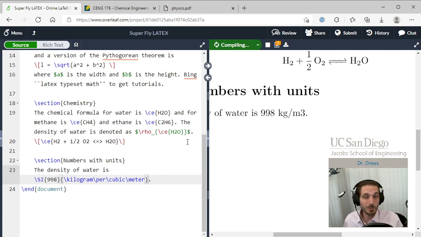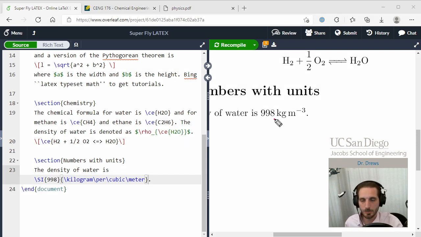Right? That's pretty human readable. It's pretty obvious if it doesn't show up the way that I want. I must have messed up with like kilogram or per cubic meter or something like that. And it will automatically get all of the spacing correct. So it puts the space in here where there is supposed to be a space. It gets the spacing between the kilograms and the meters, and it raises it to a -3, which is the